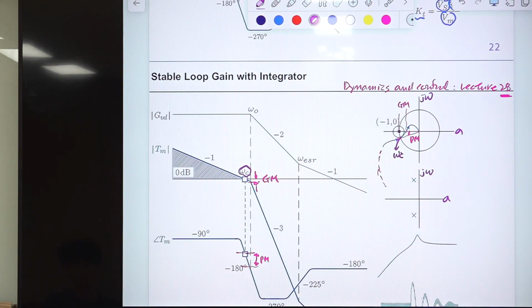Okay, assume this is the output impedance. Actually, this is the output impedance. Then there is a peaking. Then peaking across this frequency, this omega C. And if you plot the coordinate of this, it is j omega C. So omega C occurs here.